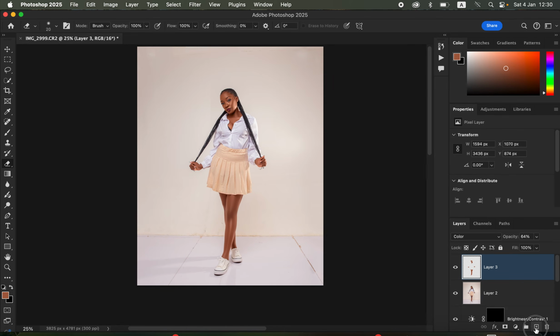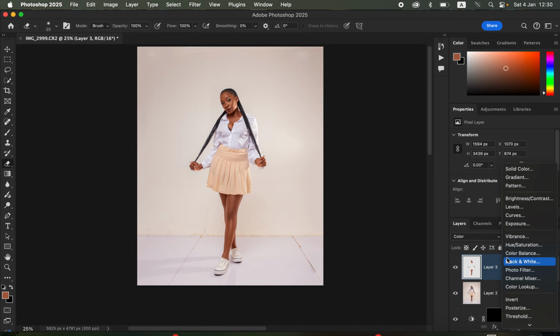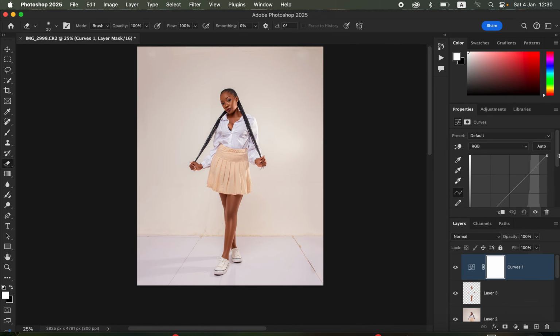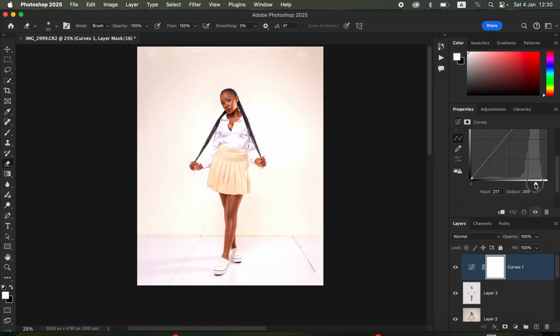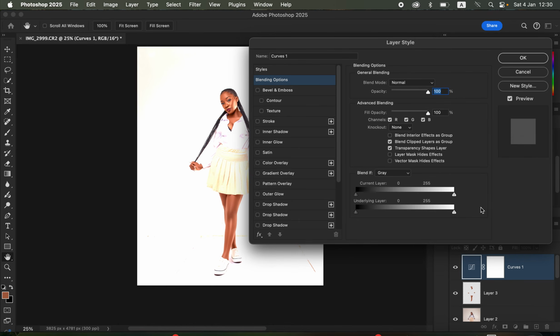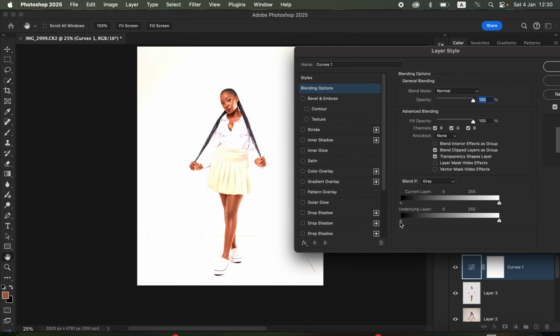So just come and create a curves adjustment layer. So I'm just going to undo, come and create a curves adjustment layer, and with that done, take this towards the right hand side until the highlights are popping in the image on the skin. That's what I mean. Double click to open up the layer style dialog box, and come to underlying layer, take the effect away from affecting the shadows, and stop at the point whereby only the highlights are being affected,